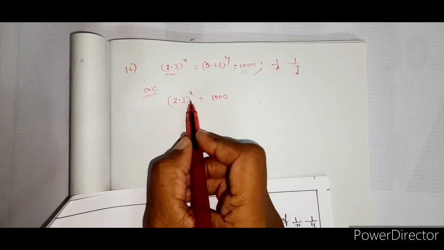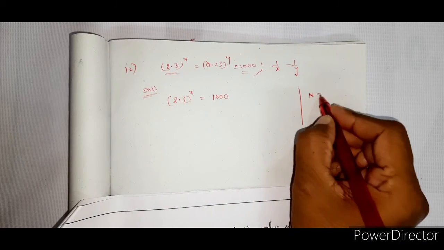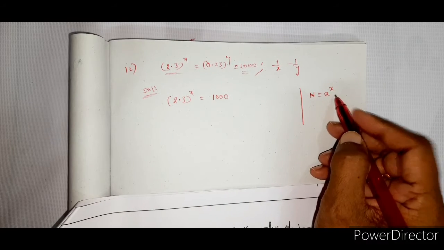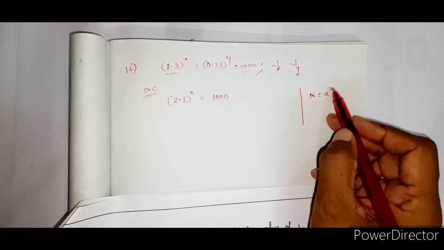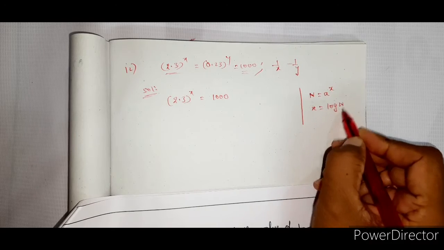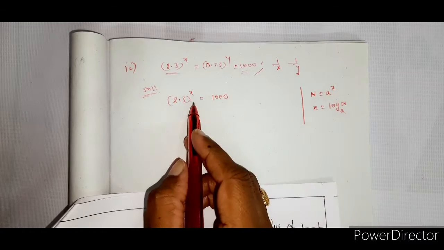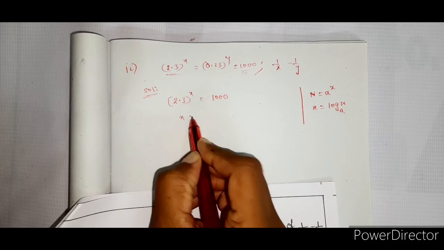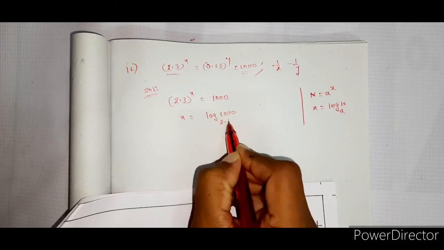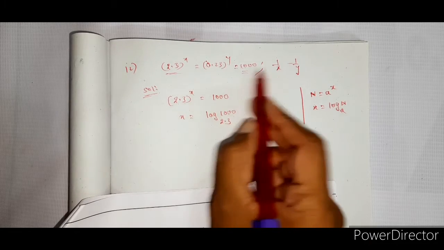So that means from the basic definition of a logarithm, how do we define logarithm? If there is something like this and I want to find x, how it is related with this, then x can be written as log n base a. This is the basic definition of logarithm. We are going to use the same here. So now x is equal to log 1000 base 2.3. The base here will come as the base there. So similarly, you have for this one also.